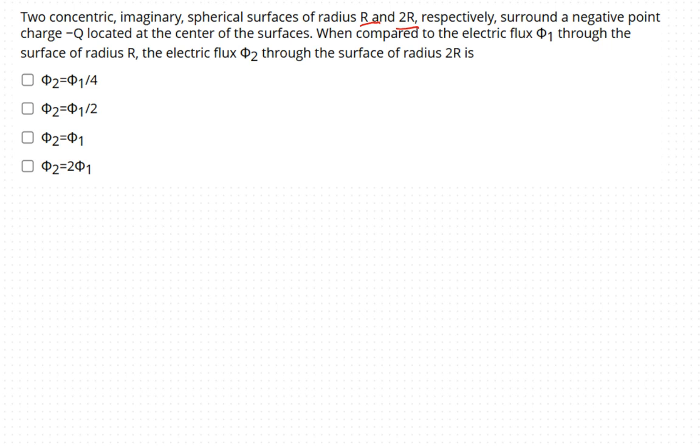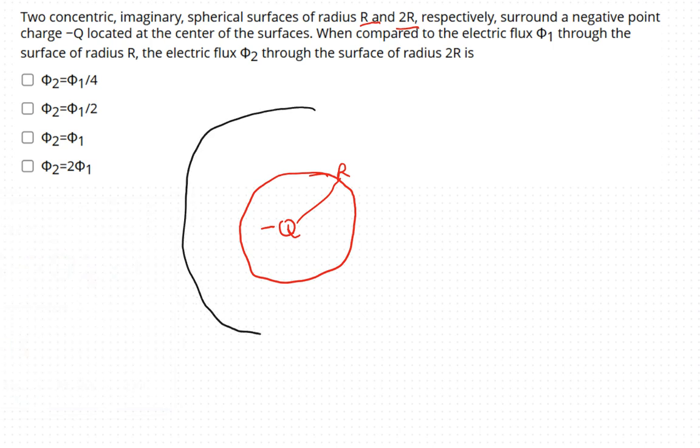So if I have a negative charge here, minus Q, and the first sphere has radius R from the center. Then I have another sphere with radius 2R. We are asked to calculate the flux in each of them and compare how they are related to each other. To solve this question, we have to